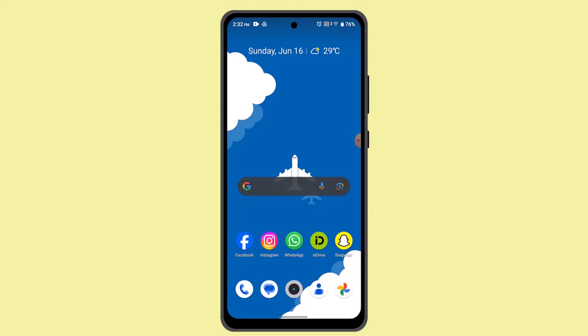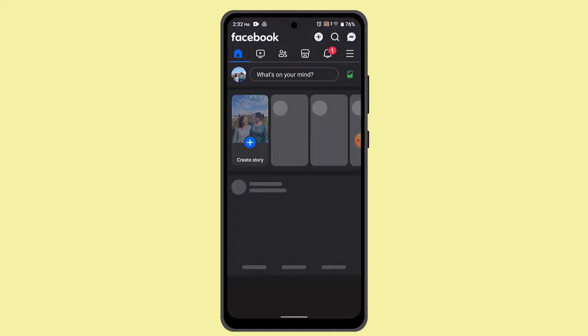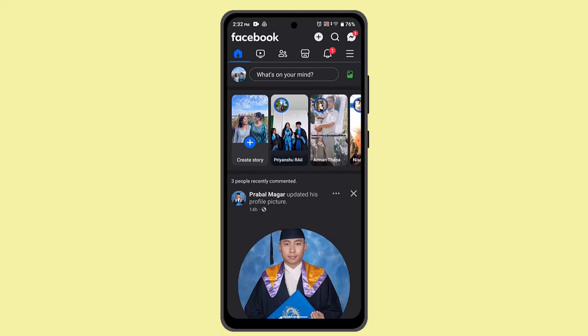In this following tutorial, I'm going to show you the ways to find someone on Facebook by picture. So in order to do this procedure, you just have to go ahead and open up your Facebook account, and the procedure is quite complicated. However, what you can do is, in order to find someone on Facebook by picture, you can just go ahead